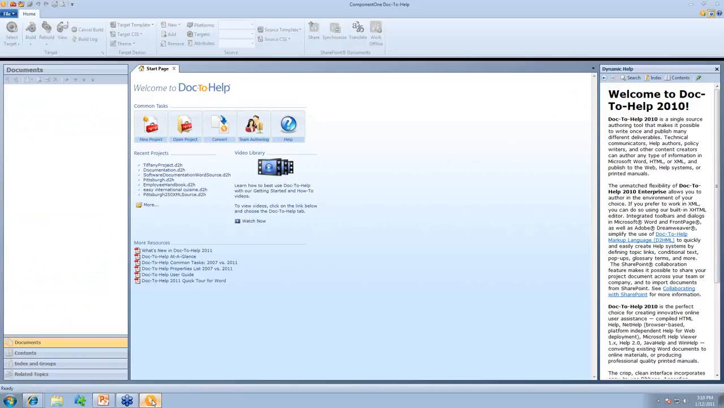Okay, so we have DocToHelp here, and this is DocToHelp's interface. This is a ribbon interface, and this is based off of the Office 2007-2010 interface. Basically, I'm just going to do a quick overview of what the interface looks like before we build the project and get down into the nitty-gritty: sharing the documents, grabbing the documents from SharePoint, and building the